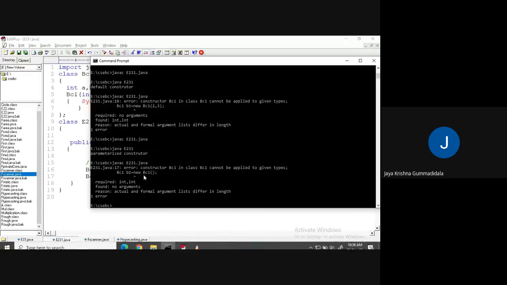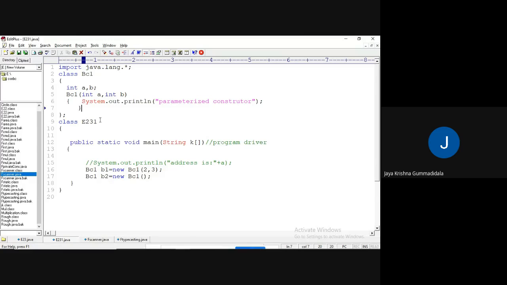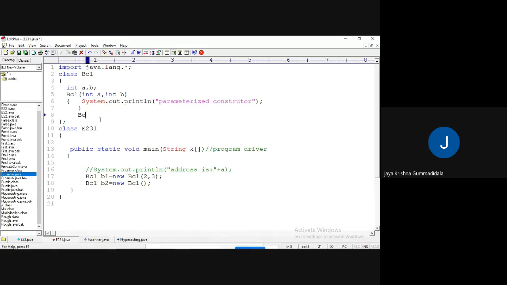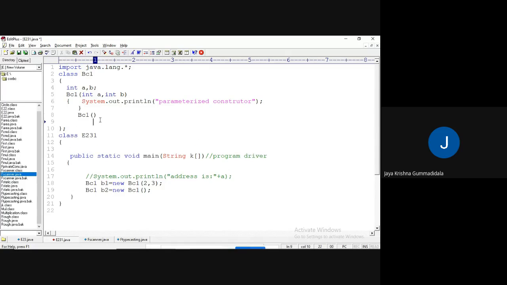What happened? This one. It is required int comma int, but we are getting no arguments. So here you have to define once again. If you define like BC1 once again,